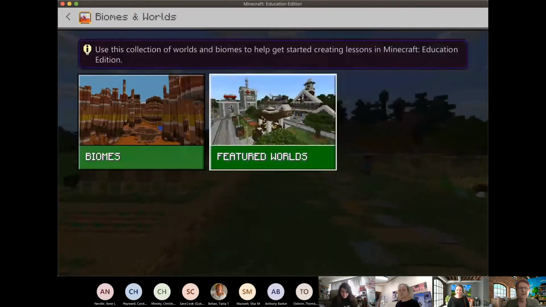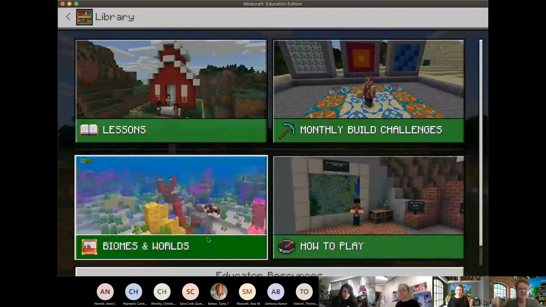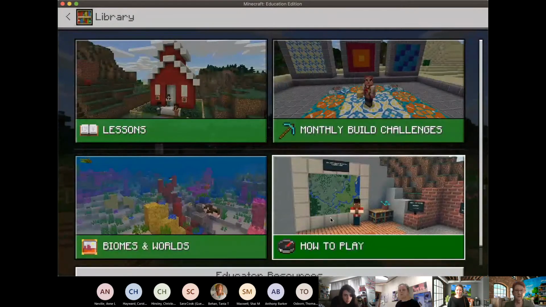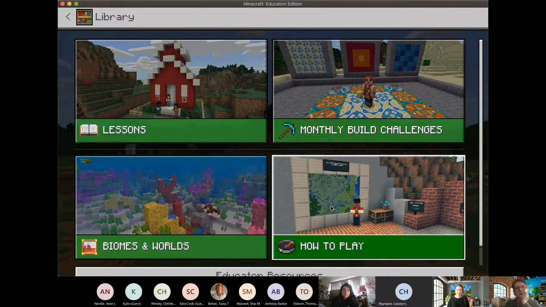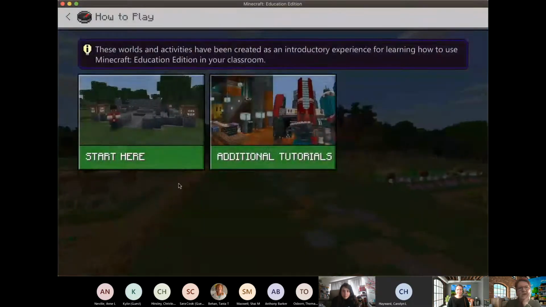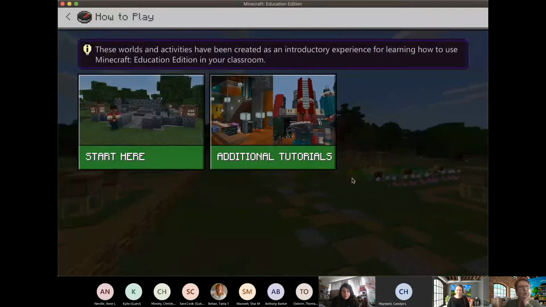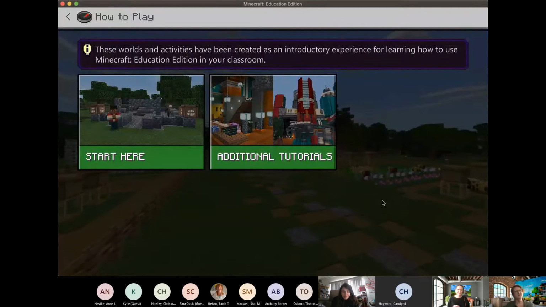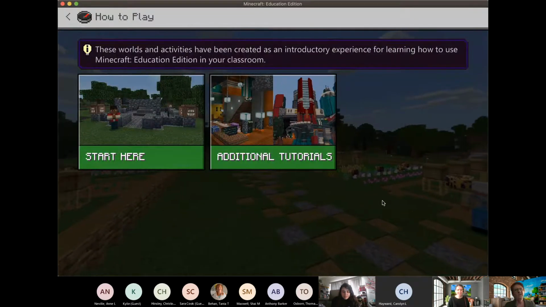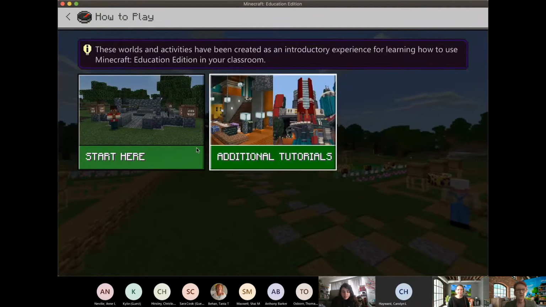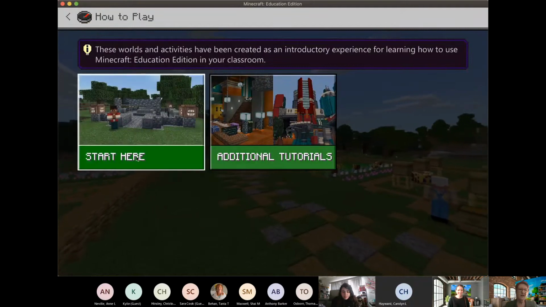But where we want to focus today is how to play. And this is a very new space in the Minecraft world. And it's loads of cool tutorials that allow you to target exactly where you might be in your activity. So if we start here,